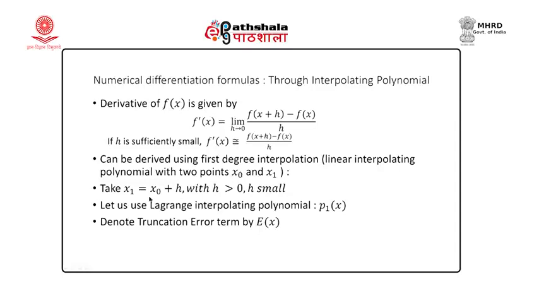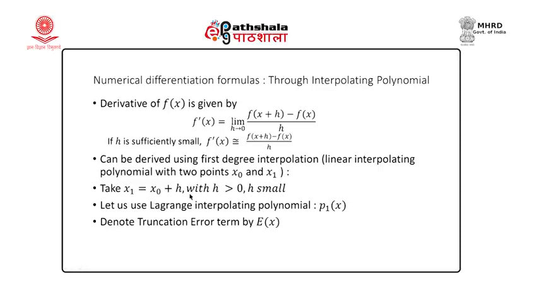So, x0 is a point, and let us take x1 as a neighboring point, x0 + h, where h is small. h can be positive as well as negative. The reason I have written h positive here is that I wrote earlier that x0 is less than x1, that is the only reason. Otherwise, h can be positive as well as negative. The only restriction is that because we are dividing by h, h must be non-zero.